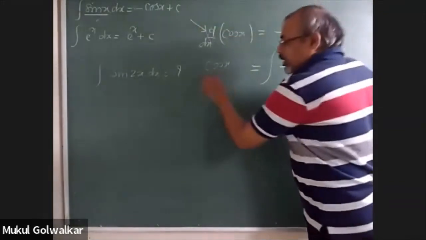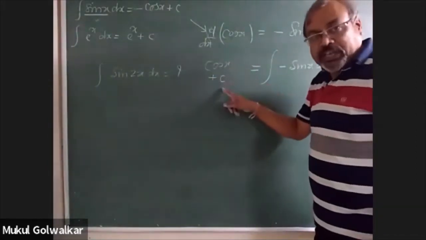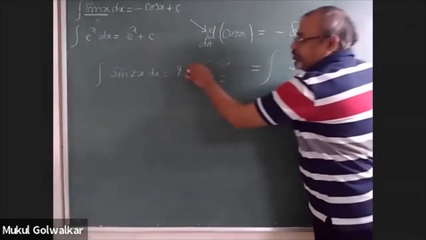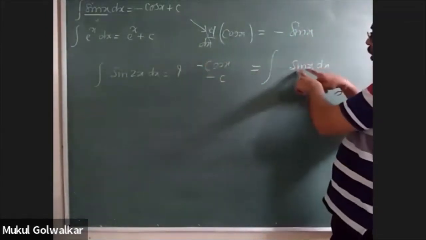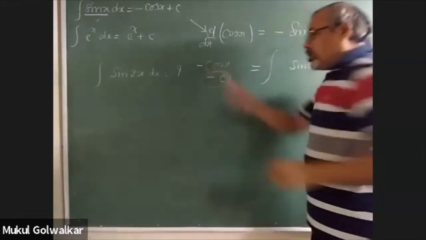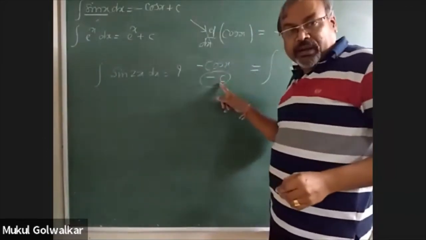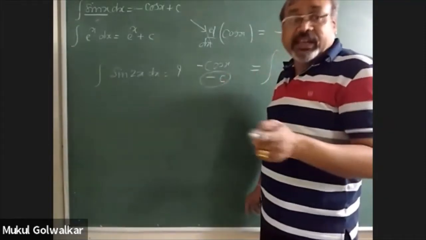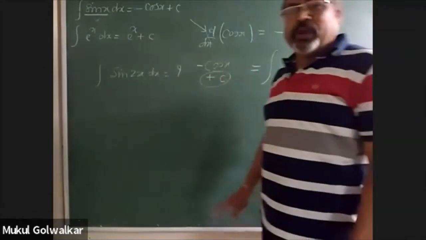And as I said that it is customary for you to add the constant of integration, so we are going to write down this cos x plus c, and this minus sign what I am writing, if I multiply both the sides by minus sign, I will be able to get minus sign multiplied over here also. So I am getting integration of sin x dx is equal to minus cos x, and numerically this constant of integration, it is positive or negative. Since we are not knowing the numerical value of that, so it does not make any difference that the constant of integration you are writing with plus c sign or else minus c sign. Okay, but it is customary to make the positive sign. So we are writing that.